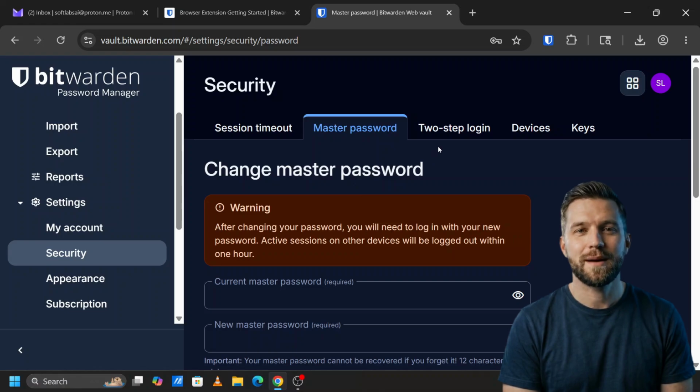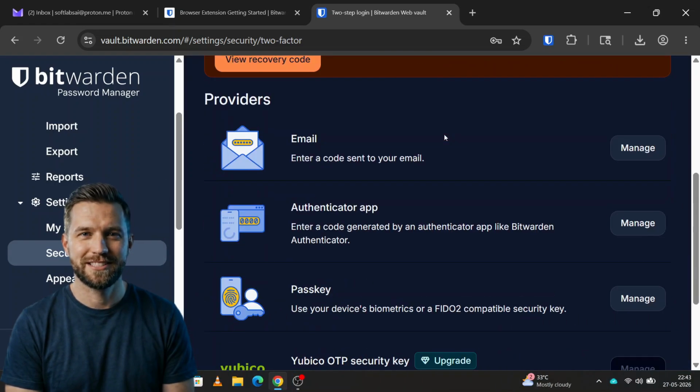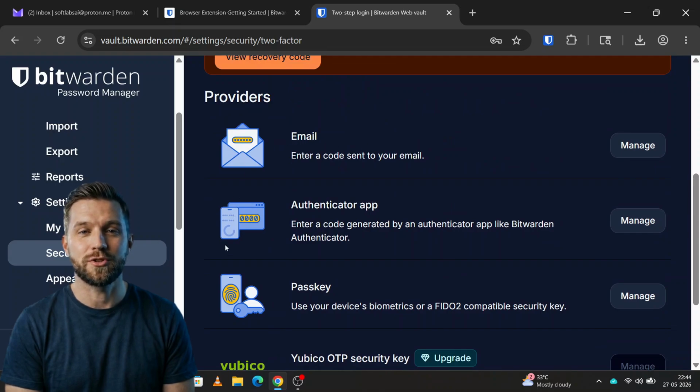and go to the most important setting called Two-Step Login. In Two-Step Login, come down and you will find several services that you can use to increase the security of your account. Let's go to Email and enable this service. If you enable this service, a code will be sent to your email as a second verification step. To enable this service, click Manage